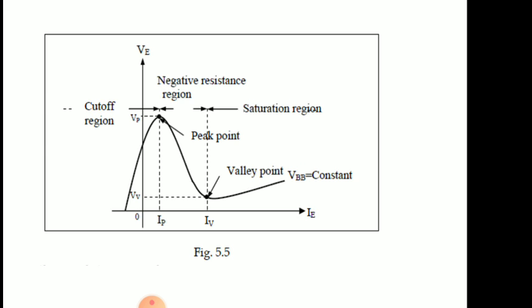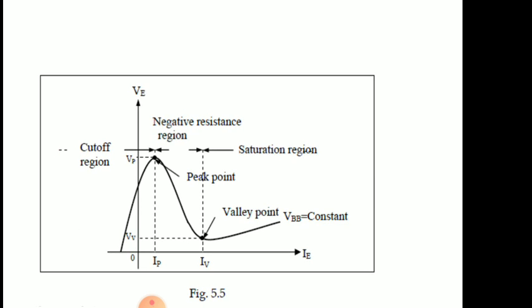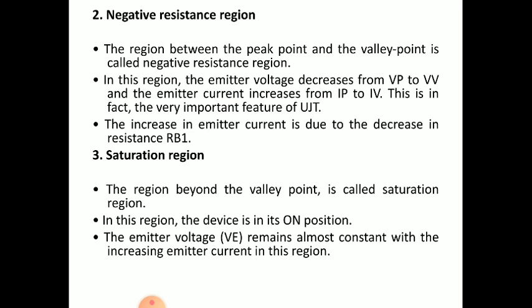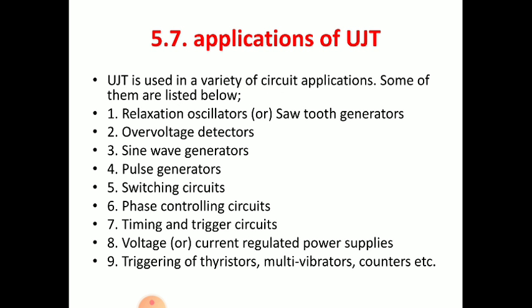It is a saturated value. Voltage is saturated. It remains almost constant, not a pure constant. So that's why it is called saturation. So these are the typical characteristics of a UJT. The most important thing is the negative resistance